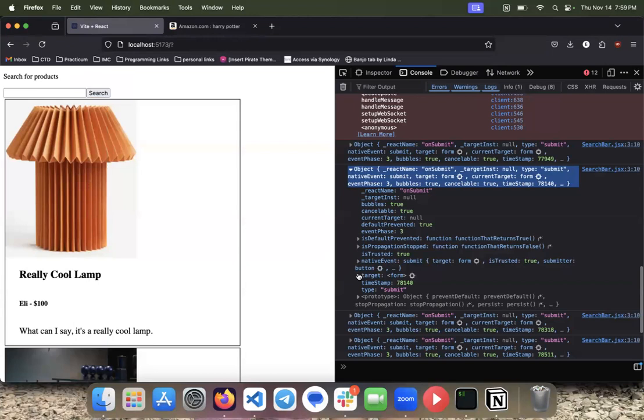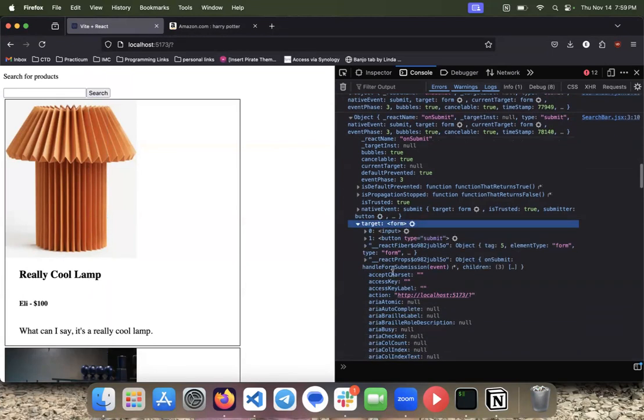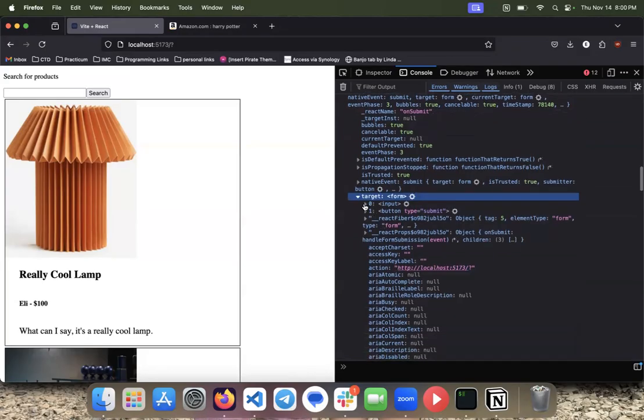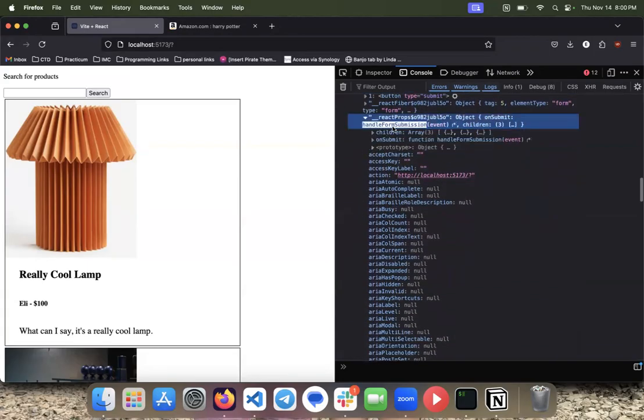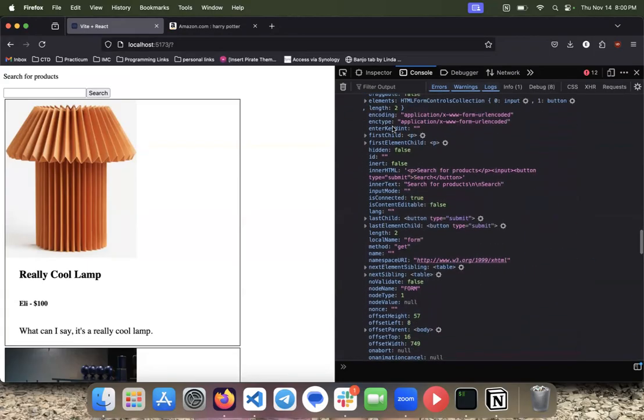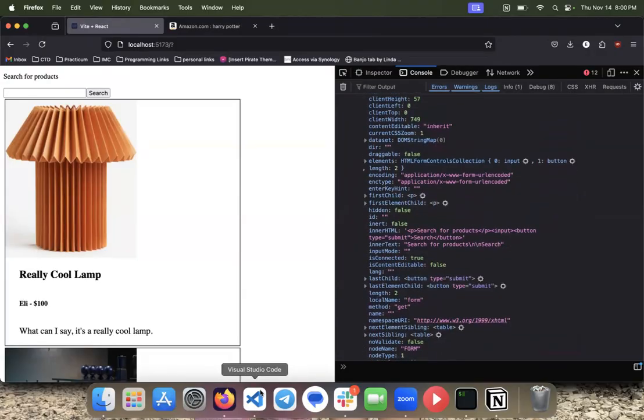Most interestingly, we have this target, which is the actual form that was submitted. And we have the inputs that are part of this form, the button that's part of this form, a bunch of different functions we can call, and lots of different properties that we can access of the form. We're not going to do anything with a lot of these. But what we are going to do